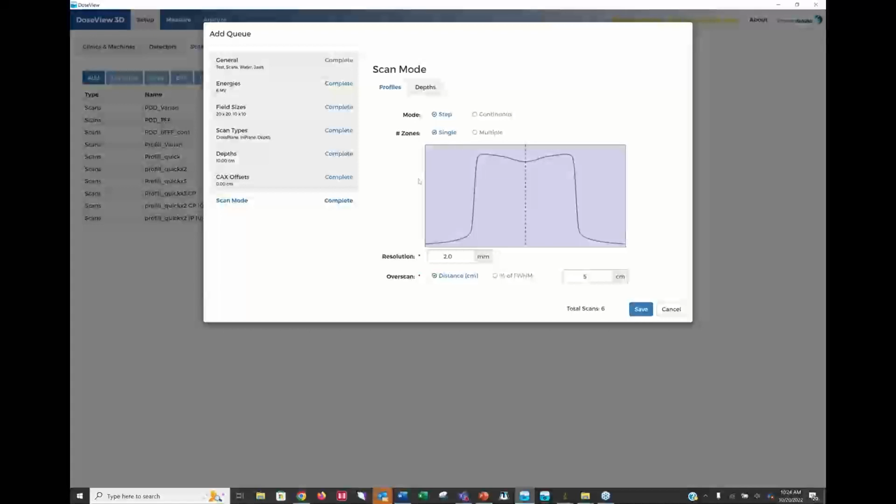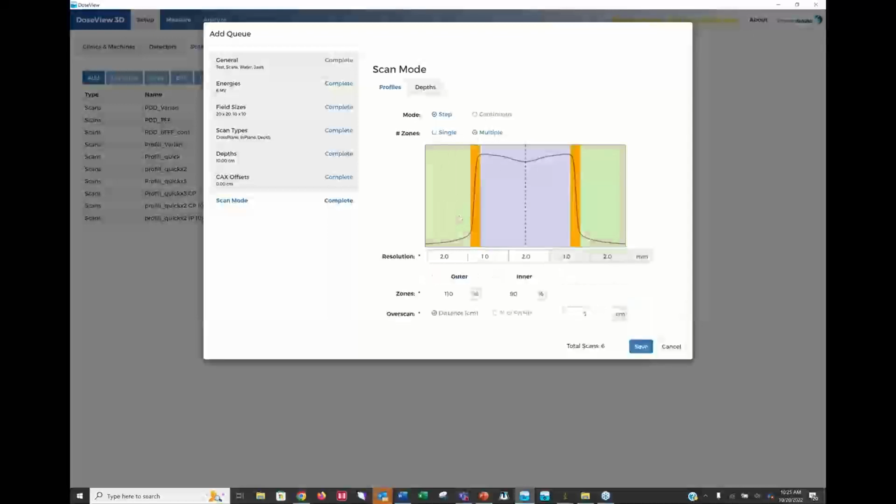My zones, I can either choose a single zone, which basically gives me a single resolution all the way across the field, or if I want to do multiple zones, say I want a little higher resolution in the shoulder and penumbra region, I can choose that. Now I'm doing 2 in the green area, 2 in the blue area, but 1 millimeter resolution in the orange area for that penumbra region. And then you can choose your zones here. You can choose your overscan distances as well,